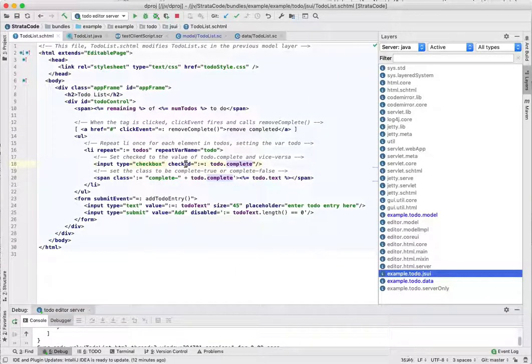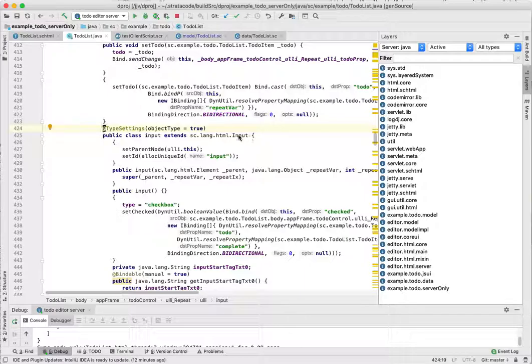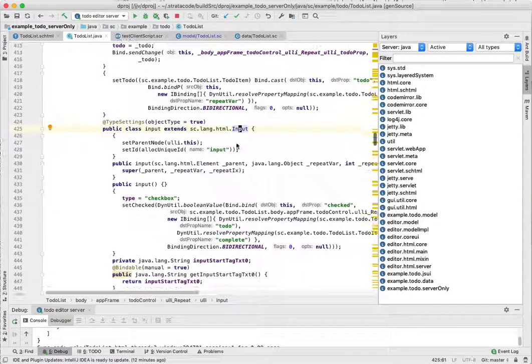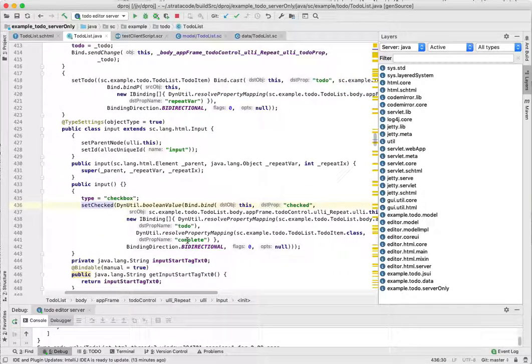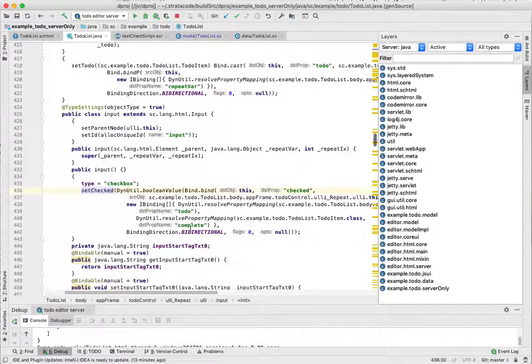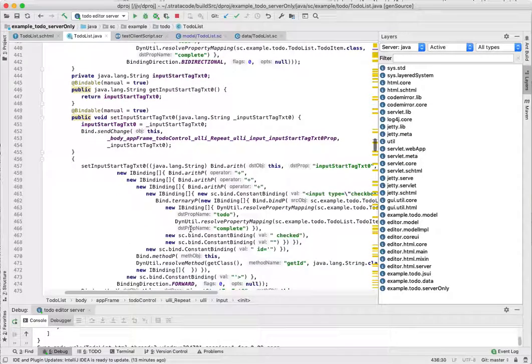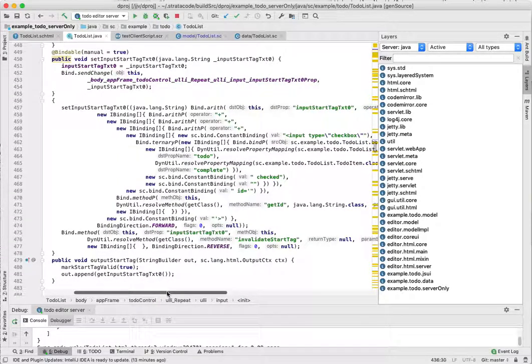Now let's take a look at the generated code for this input tag. It extends this input class, which defines the check property here used in the bidirectional binding to the to-do complete property. And to render that tag, we use this binding here, which also listens for the to-do complete property and